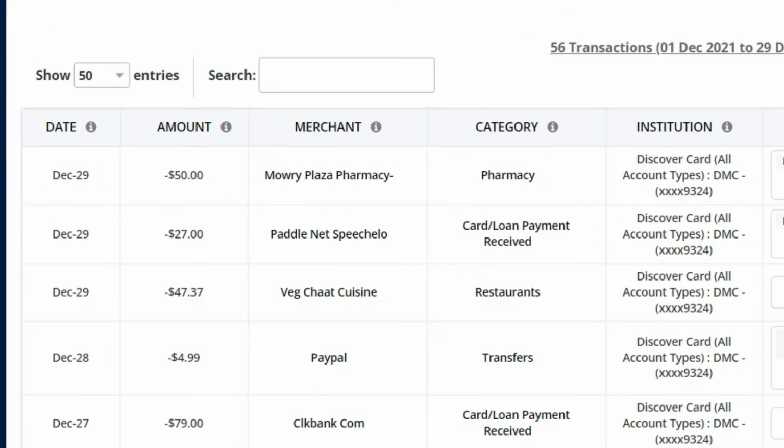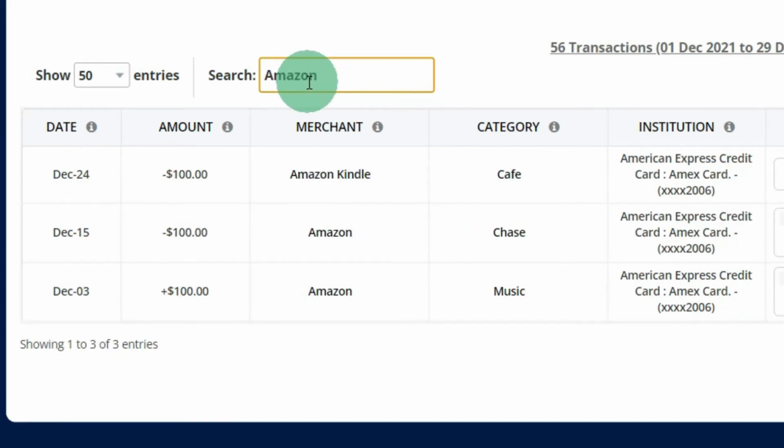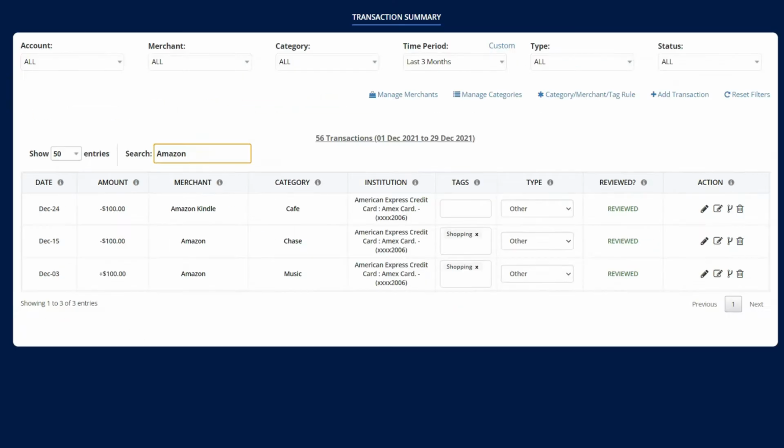You may also search for a specific transaction using the search bar. Simply enter the keyword of the transaction you're looking for, and it will display the transactions that match the criteria. Take notice that the search bar will also reflect the filters you set before typing in the keywords. For example, you may use the search bar to search for a merchant's name, but you only want to view